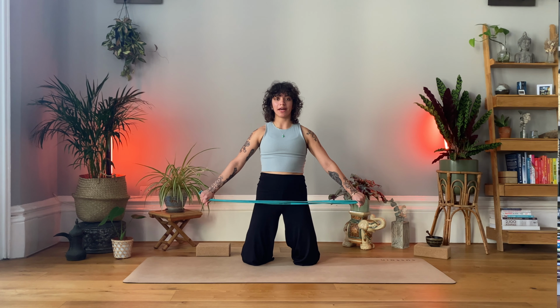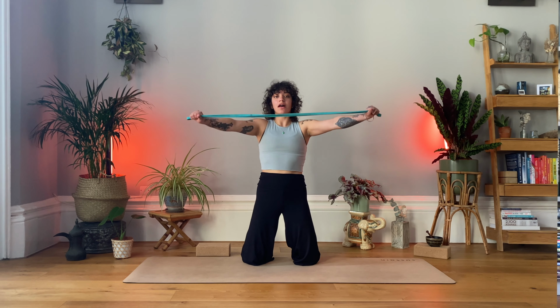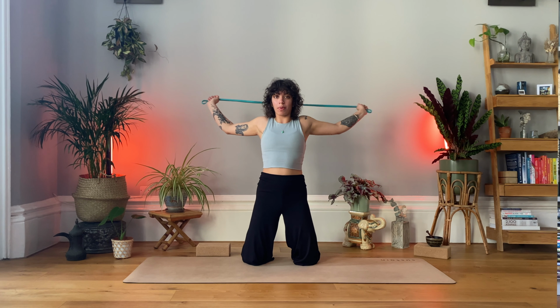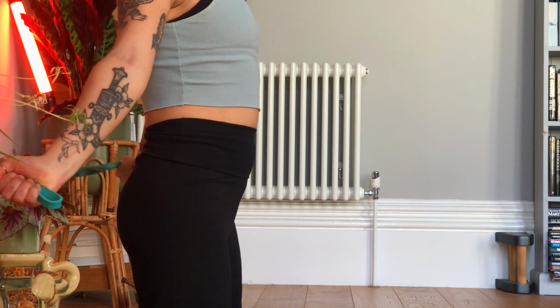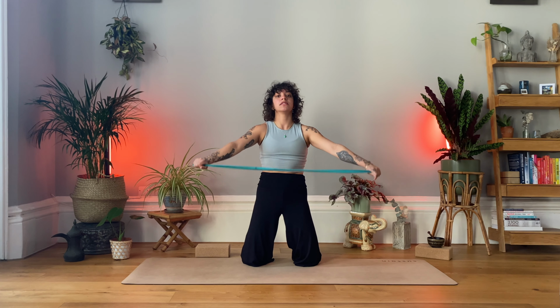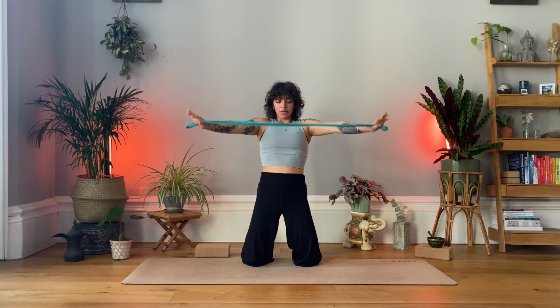You're going to start with it down by your hips and start to lift it up and over your head and take it behind you as far as you can go without bending your elbows. We want to keep the arms straight and see if you can maybe bring it to tap your lower back and then circling it forwards. So you might need to take the hands wider or closer together depending on how hard or how easy it feels. But it's just quite a nice movement for the shoulders